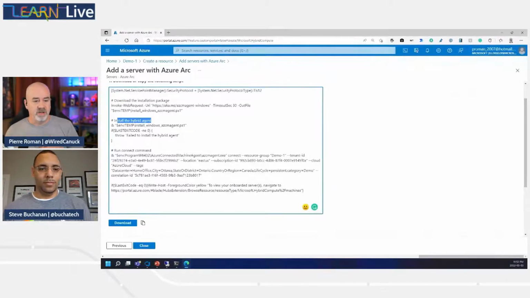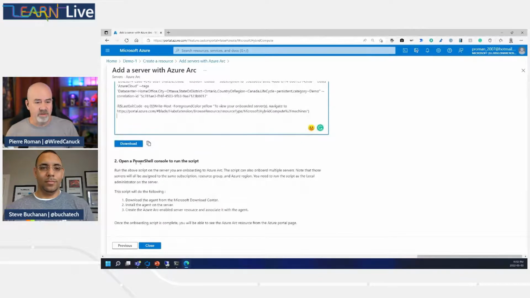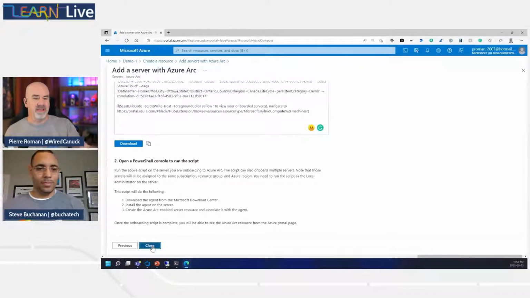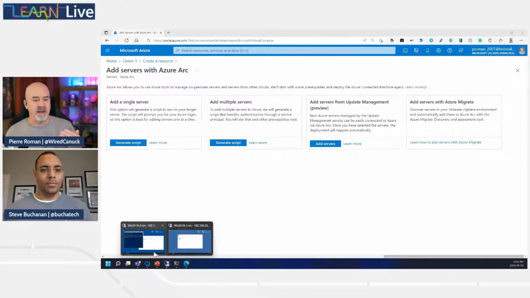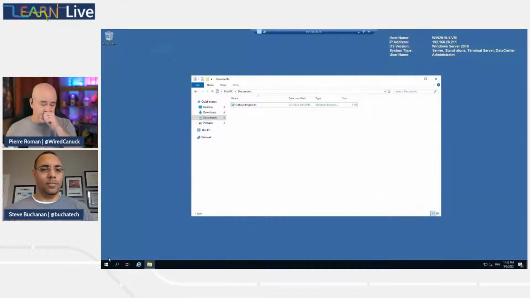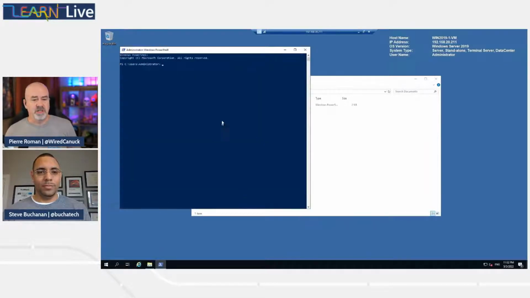So you download, install the agents, and then connect your environment with the Azure Arc environment. So you open a PowerShell script. In this case, it's PowerShell because I did a single server and I identified it as a Windows machine. So I run PowerShell in an elevated status as administrator. I go to my download because that's where I put it, and I run the actual onboarding